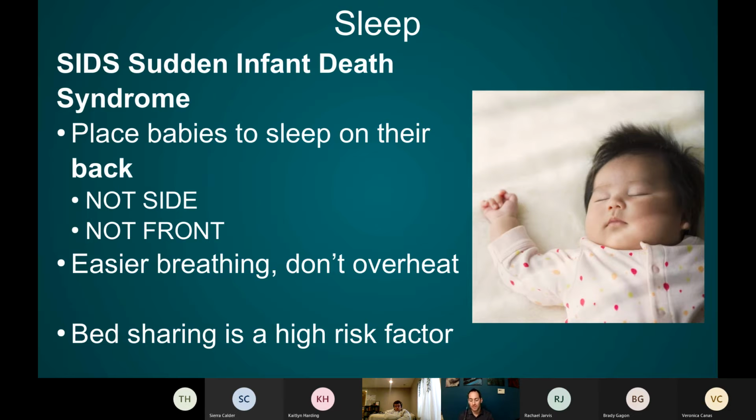If a parent and the child are sharing a bed, the parent will probably have a blanket, probably have a pillow, maybe even accidentally smother the child themselves. So that is also a risk. So with that being said, for anything with a child and raising a child, it's important to weigh the risks